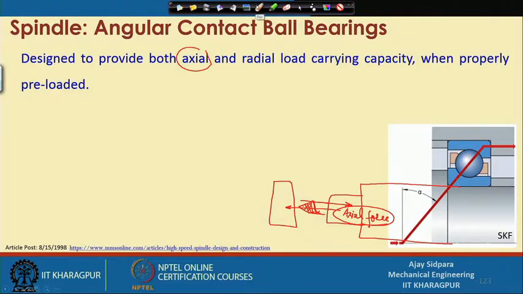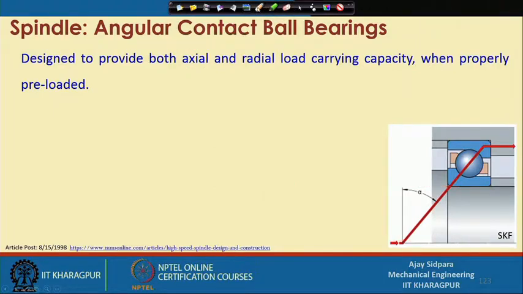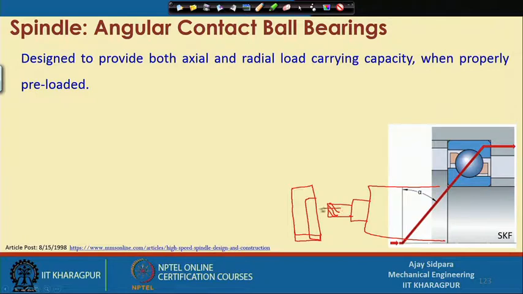Now, this is mostly for the drilling operation. Now, again consider that you have a shaft, but instead of a drill you have a milling cutter, and this is your job. Now you want to create one pocket here. This is the pocket which you want to cut out of it. So, first you are plunging this thing up to the depth. When you are plunging, at that time it will create an axial loading.